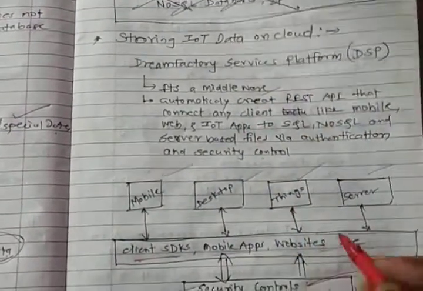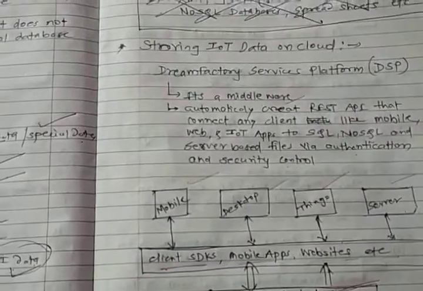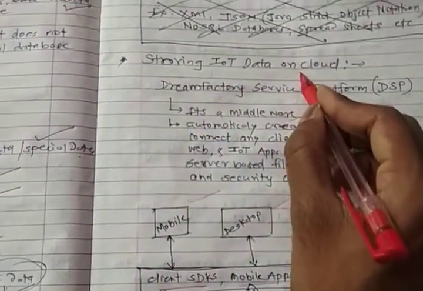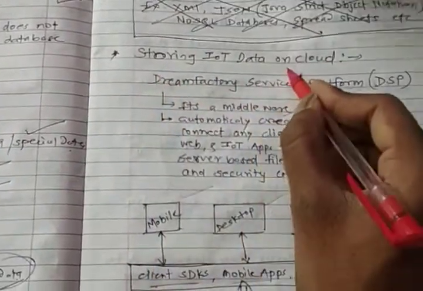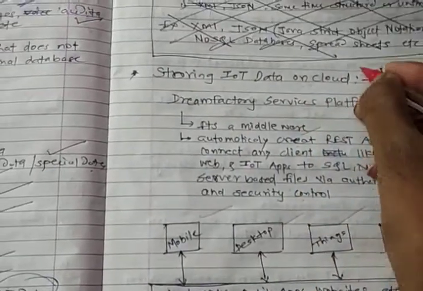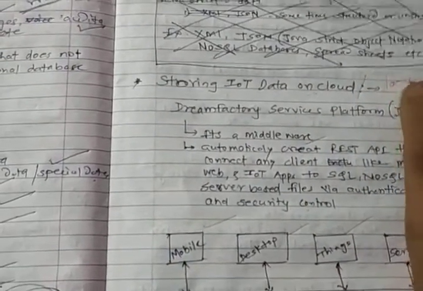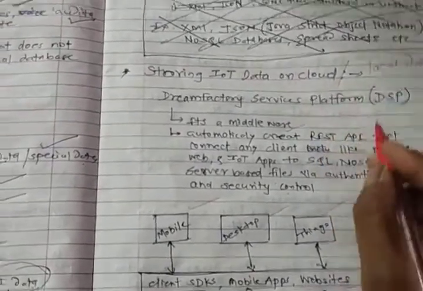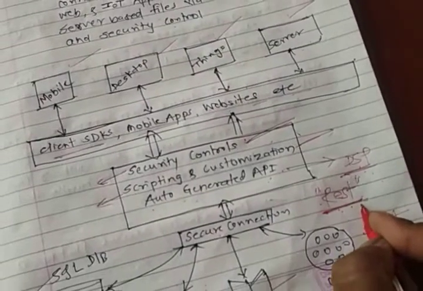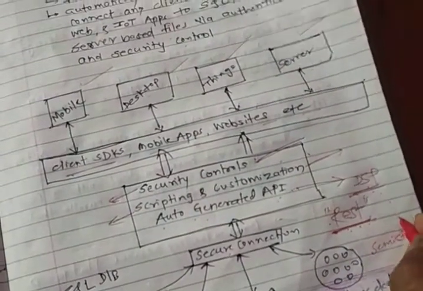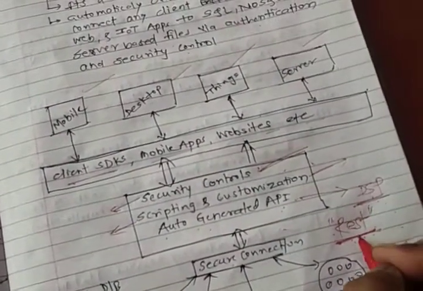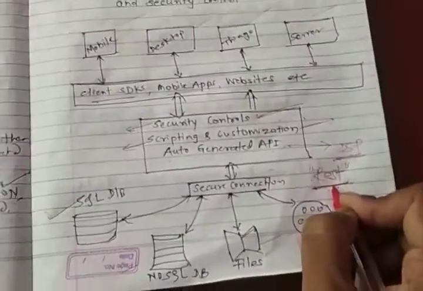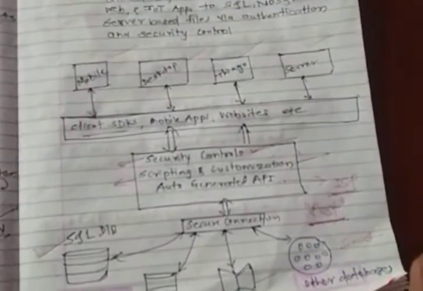So this is the whole thing that we should know about storing the data on the cloud, right? Storing data on the cloud is exactly the same as storing the data in a local database. The only difference between these two is that the REST API used to store the data on local storage is different, and the DSP RESTful API required to store the data on the cloud is different, right?